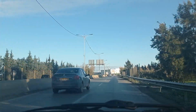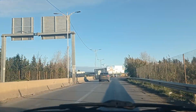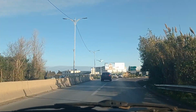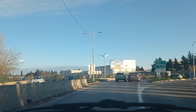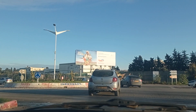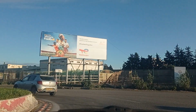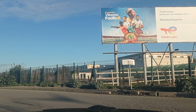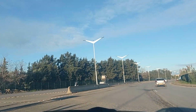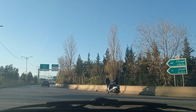There is a roundabout, Ain Benian. Okay, so this is the Lidun route, in fact. All right, guys. A police car, yes. This car is so fast. All right, so I prefer not to drive on this road because it has a lot of